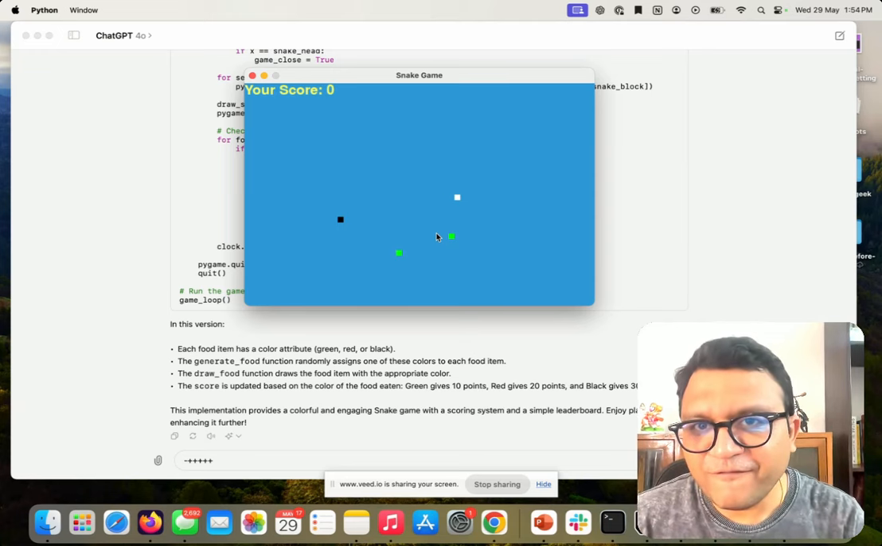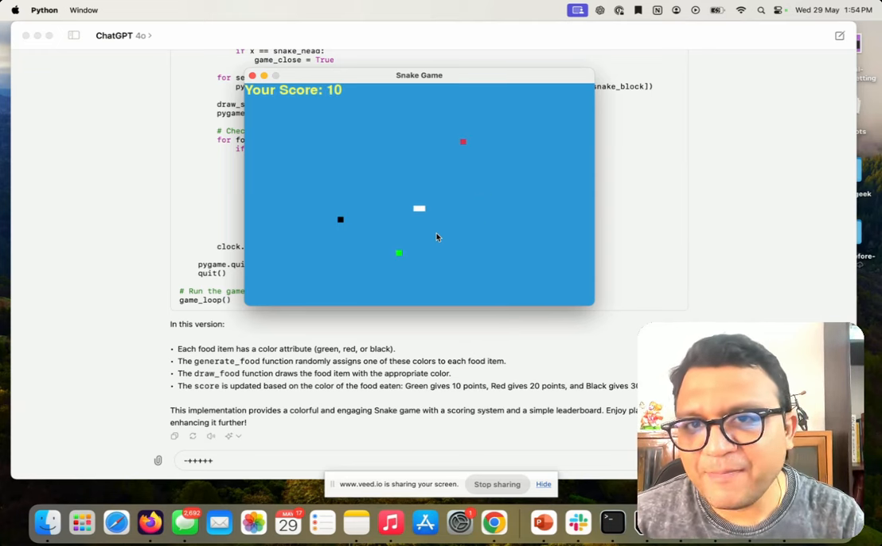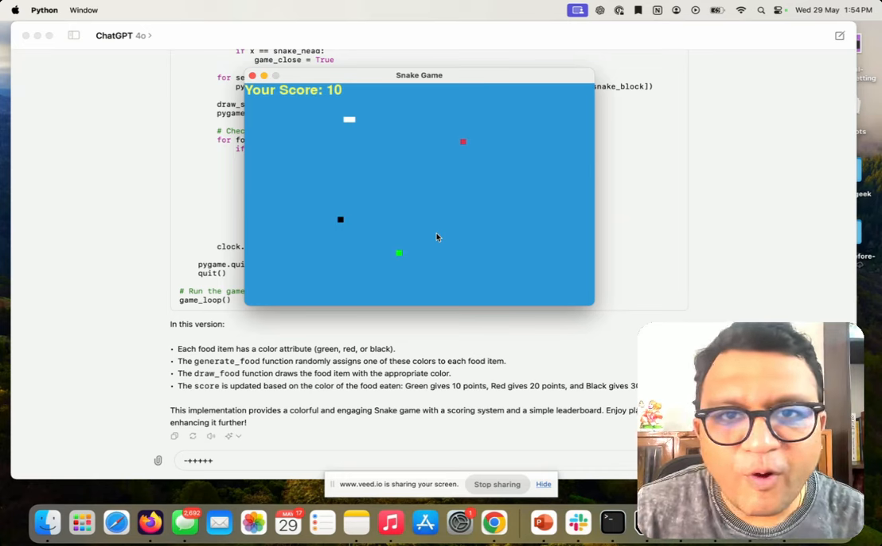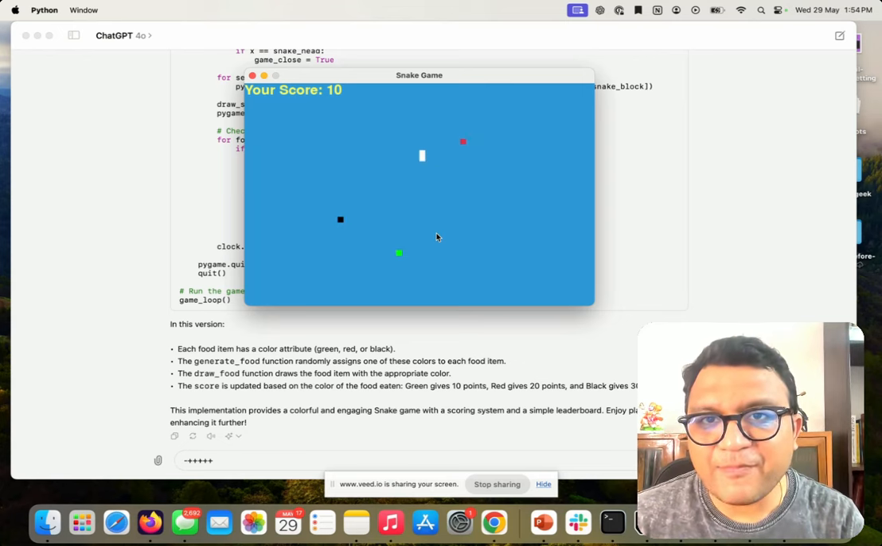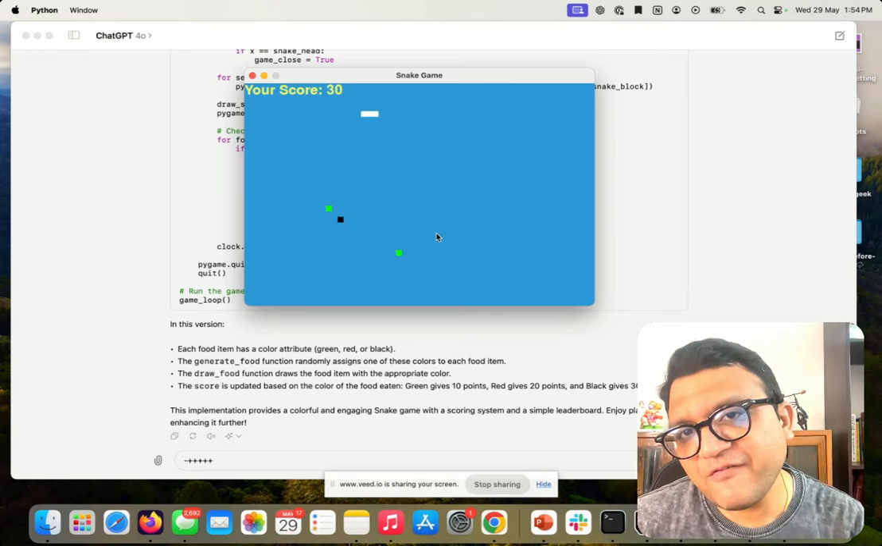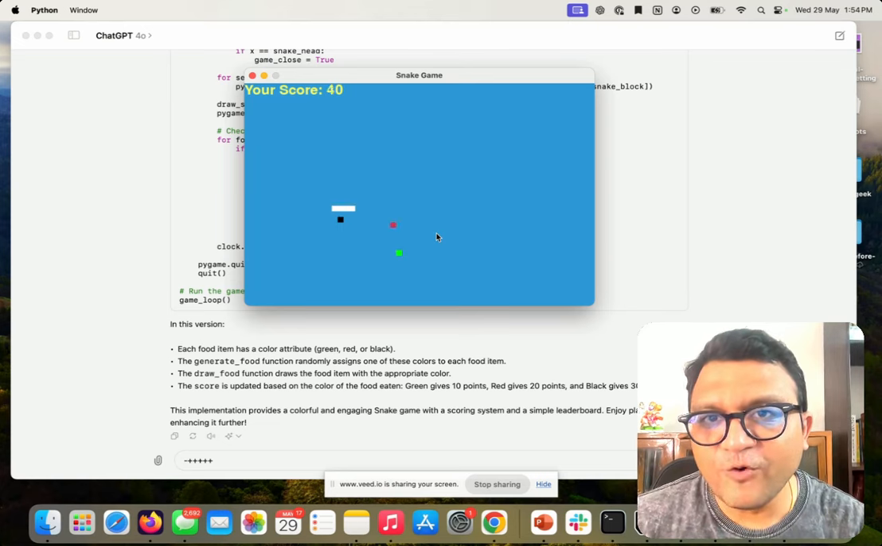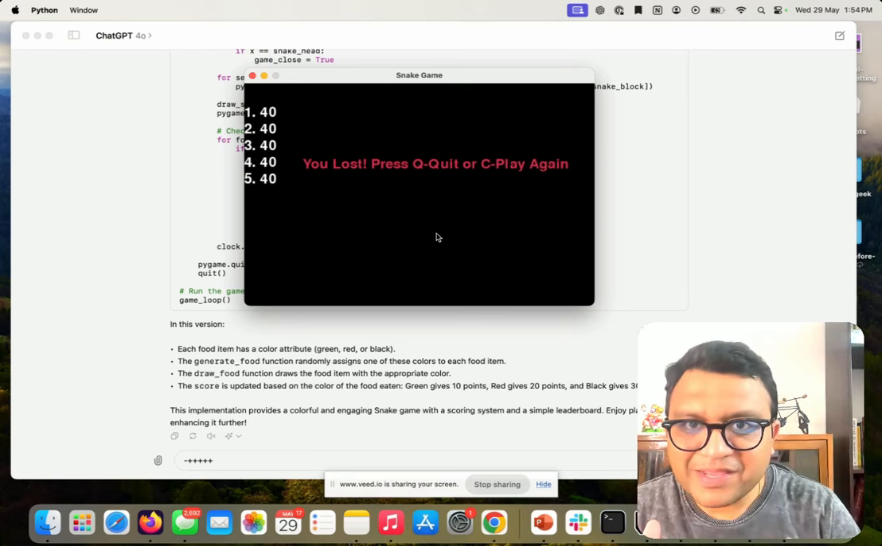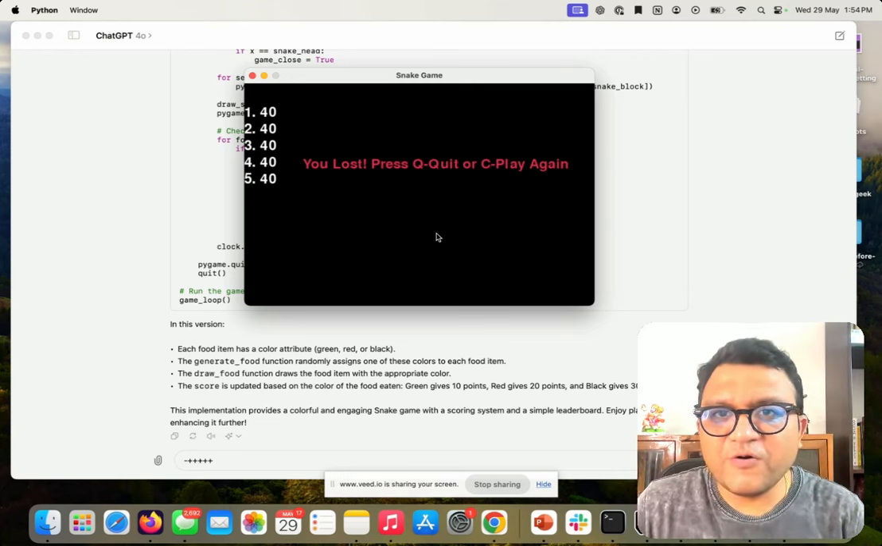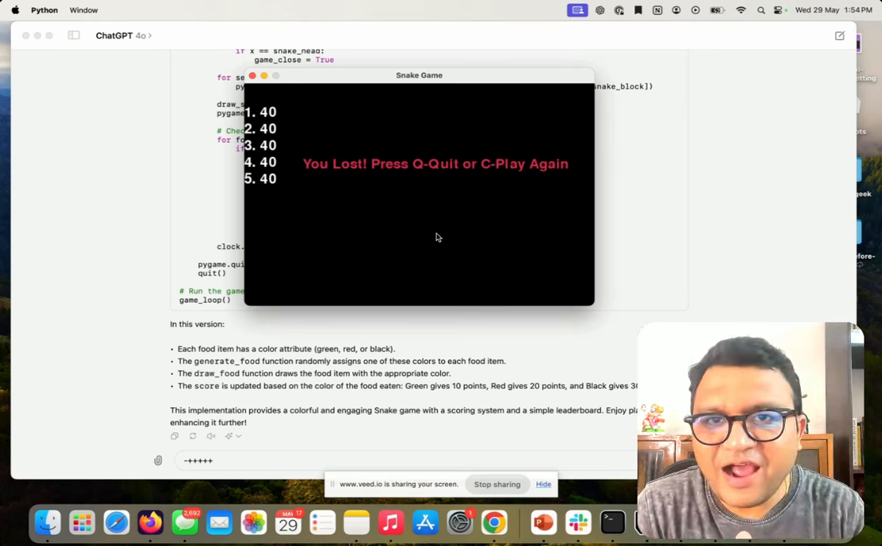It has three types of foods: green, red, and black, and a scoreboard. Each food gives you a different point. If I eat red, I probably get 20 points, so from 10 I went to 30. If I eat the green food, I get only 10. So things like that. I'm very excited to bring to you this video, and we'll learn iteratively how you take